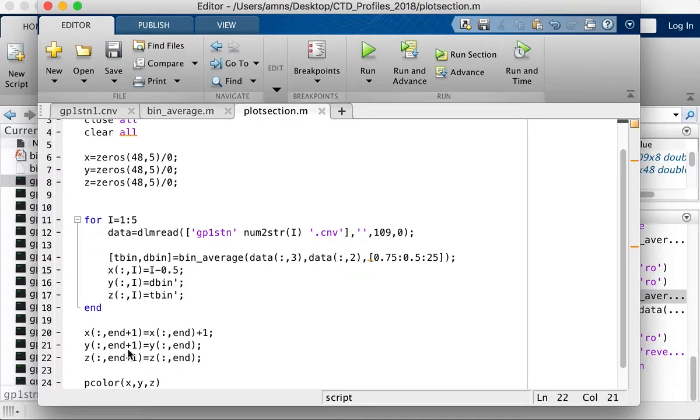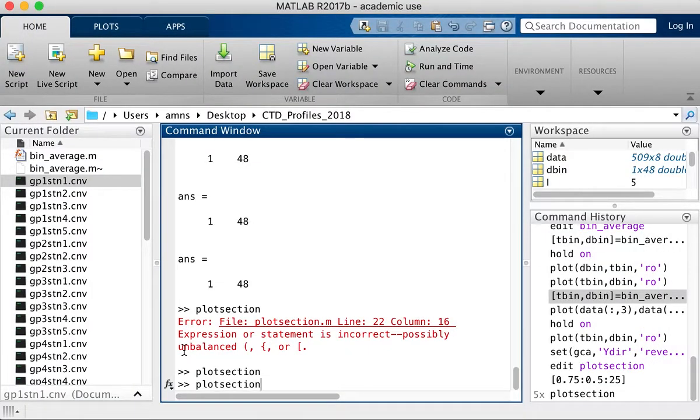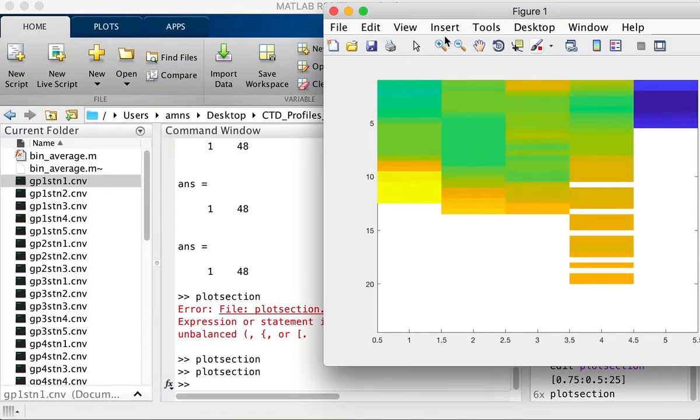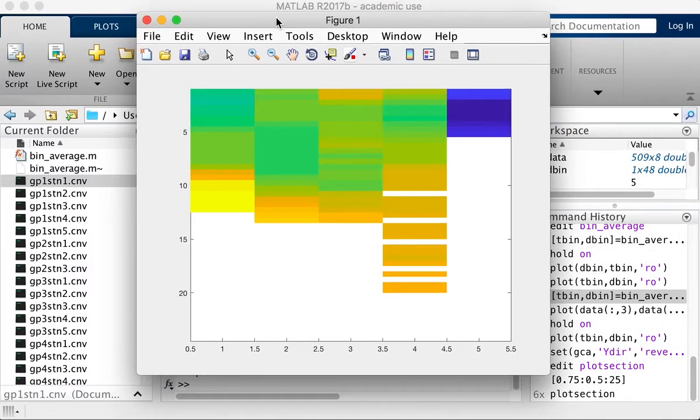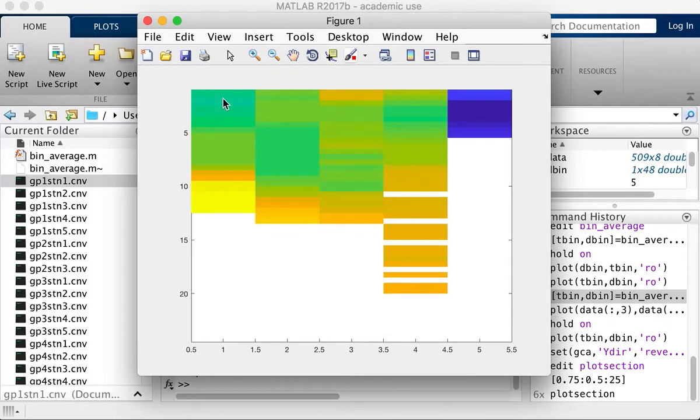Okay, so what this has done is it's replicated the last column of the y data and the z data identically, so that when I then go back and do my plot, you can see that we now have all the data lining up within our section, and then we've got a final set of data here in the